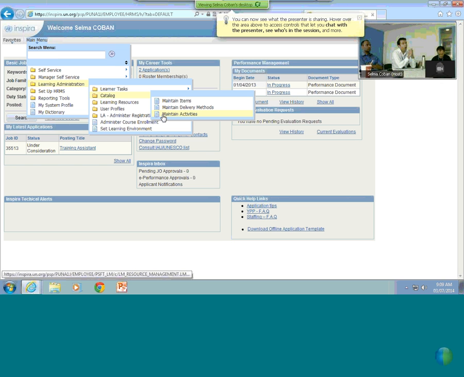So in this option, you actually see three options. One is items. This is an option only for learning coordinators. Normally we define one or two learning coordinators per station, and this option is to create new courses or curriculum. I think for now, most of the courses will already be created, so you will probably not explore this option in the first couple of months. The bread and butter of this is Maintain Activity. So I'm going to go and create a new class.